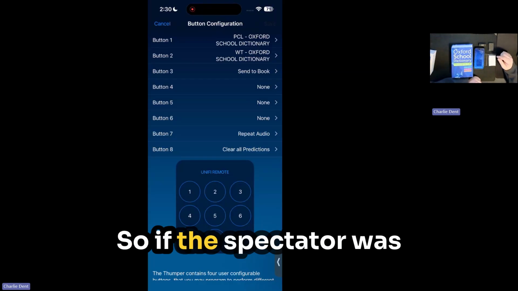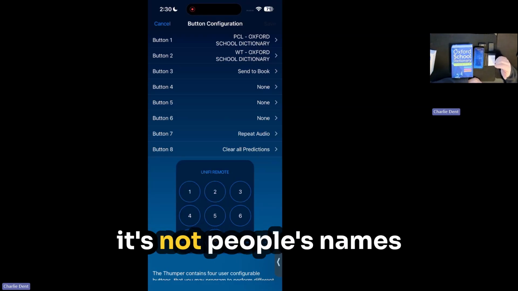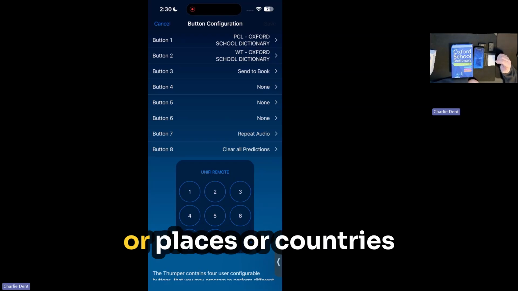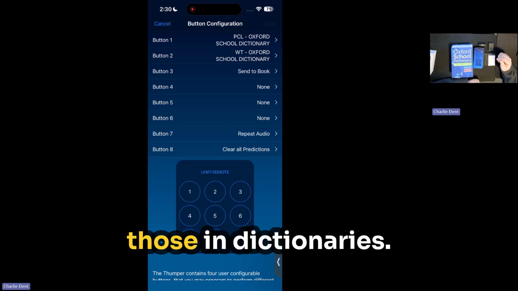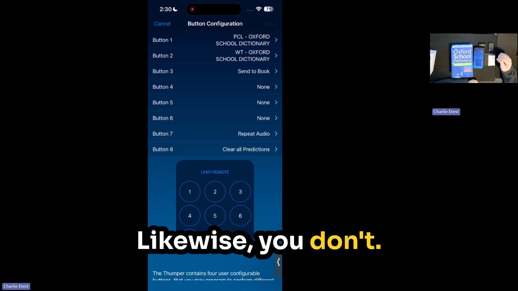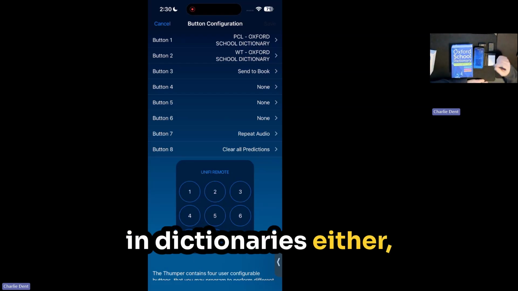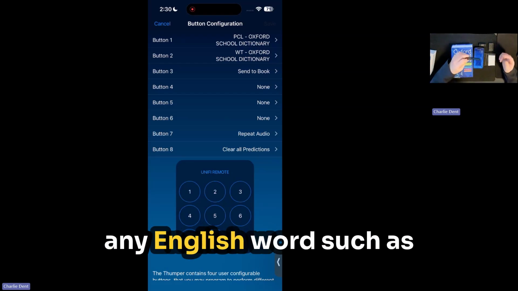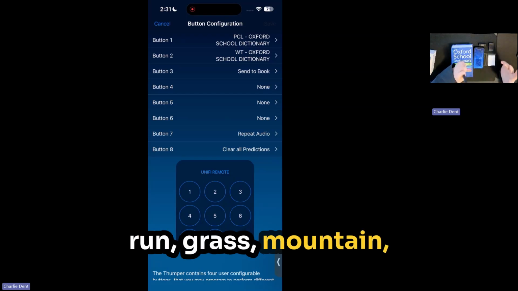So if the spectator was asked to think of an English word, make sure it's not people's names or places or countries, because they're proper nouns. And you don't find those in dictionaries. Likewise, people's names, plurals, don't generally appear in dictionaries either. So I want you to think of any English word, such as cat, swim, jump, climb, run, grass, mountain, whatever